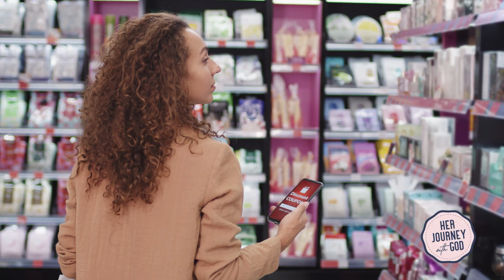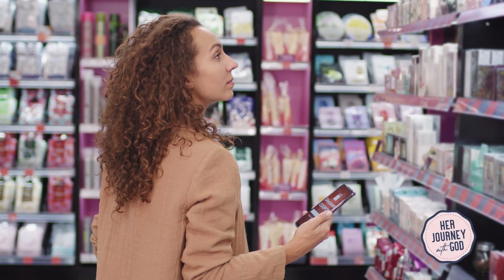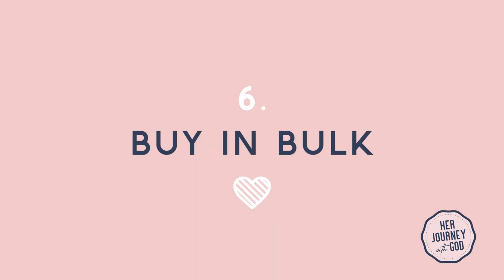I don't really clip coupons, although I know that there are extreme couponers out there who know how to work that system. I've never really learned how to do extreme couponing, but what I have found is that often digital coupons through various grocery stores are really effective ways to find good deals on the products that you buy all the time. And that leads me into the next tip, which is to buy in bulk when things are on